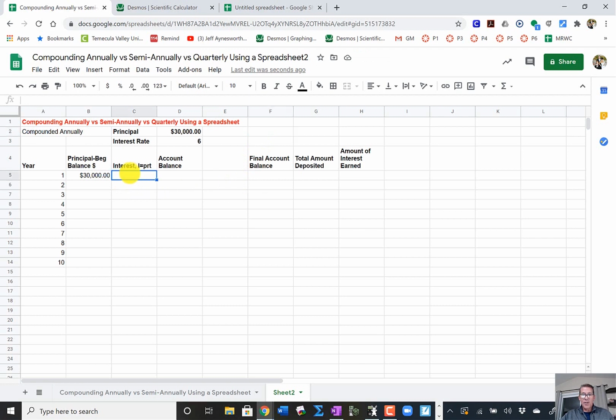Now we've got to calculate the interest. This is a calculation, a formula, so type in the equal sign right here. We want to calculate the interest by taking the principal times the rate times the time. So we don't enter in 30,000 now. We click on the cell. Remember, that's an important feature of Excel. Now we want to take